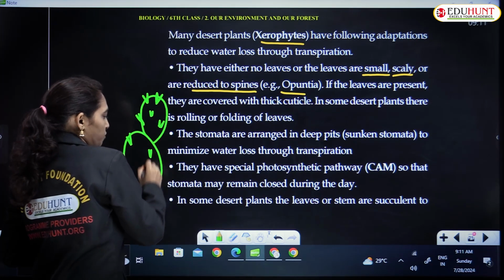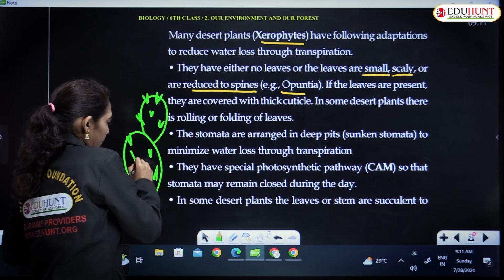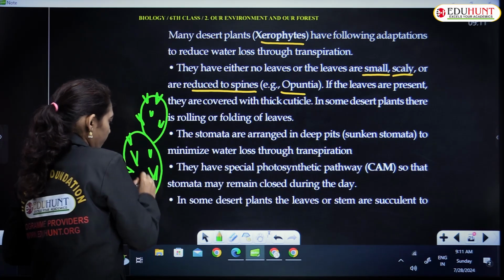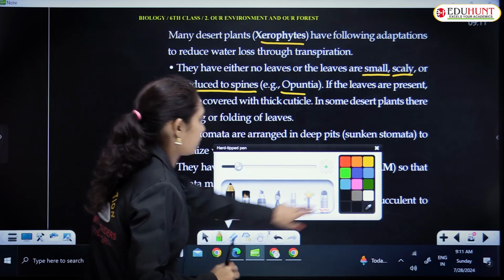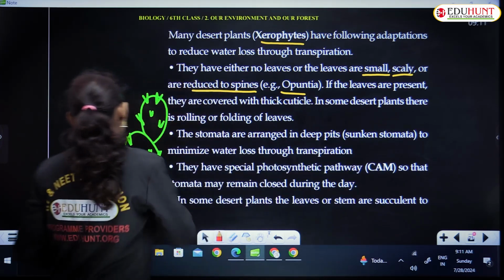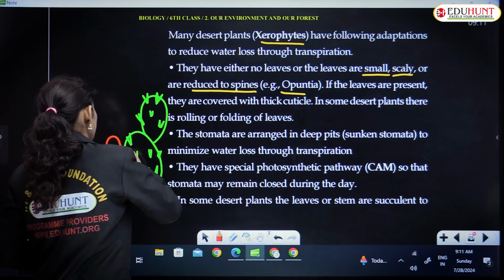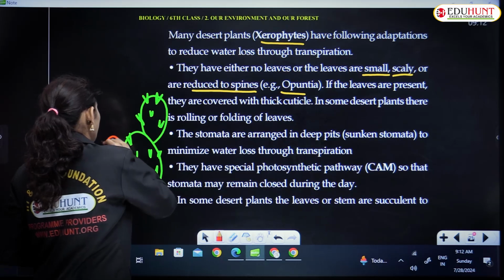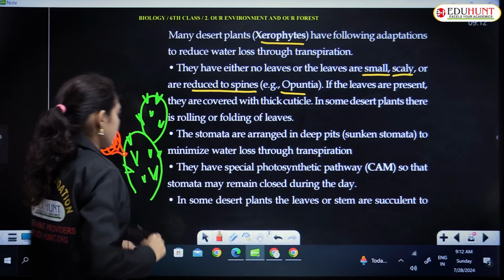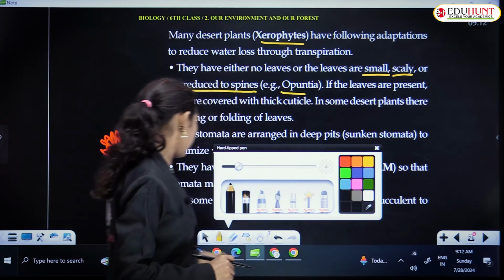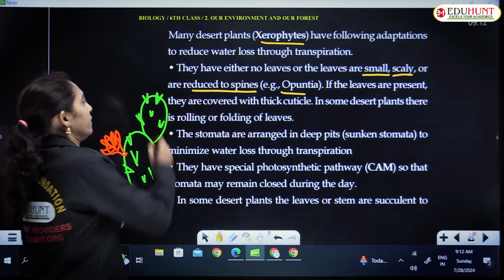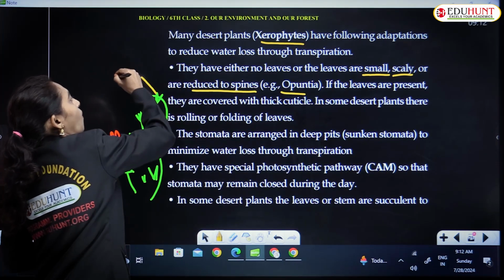These are all spines. Yeah, it is Opuntia, and these are the modified leaves,